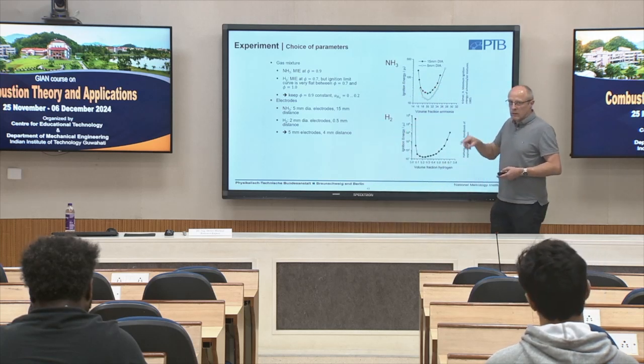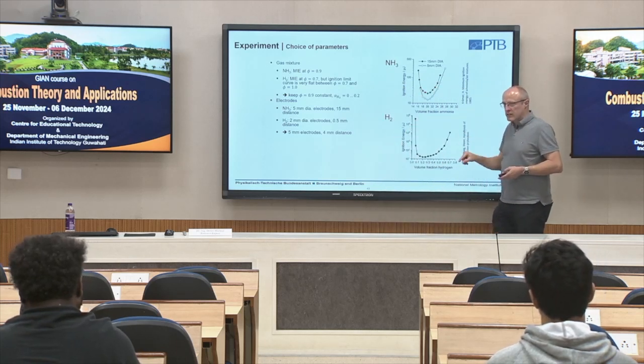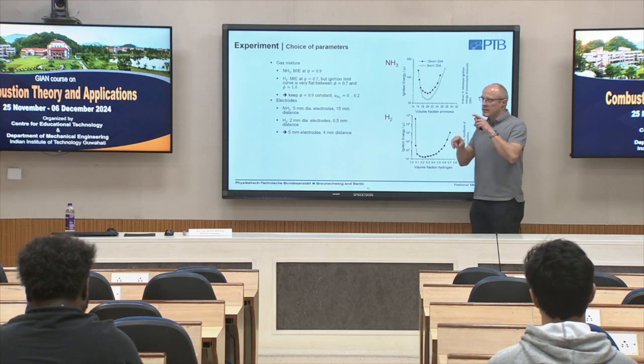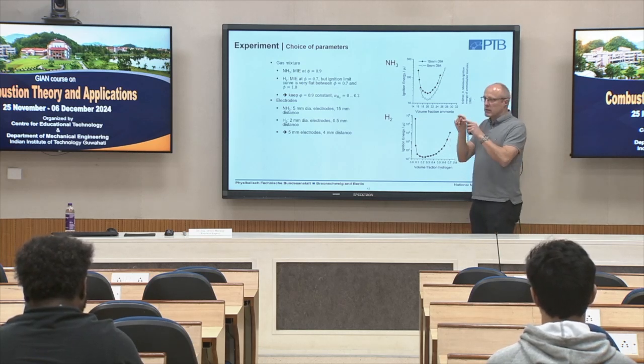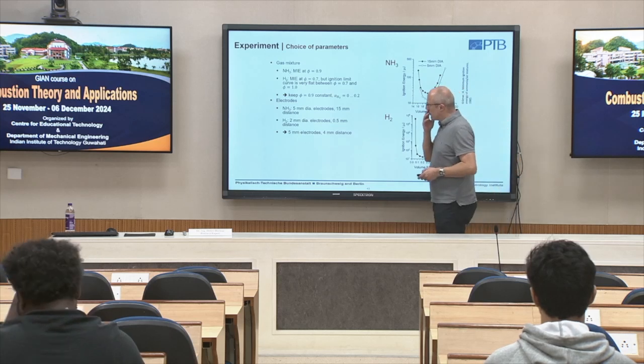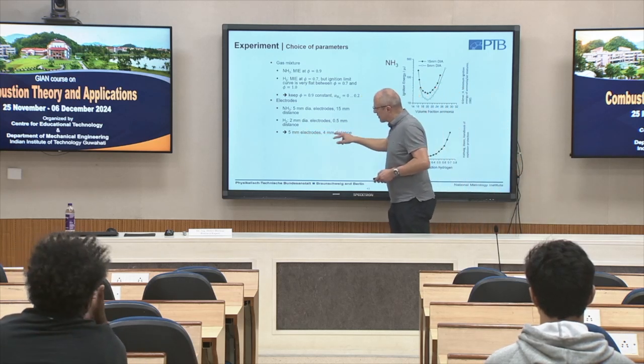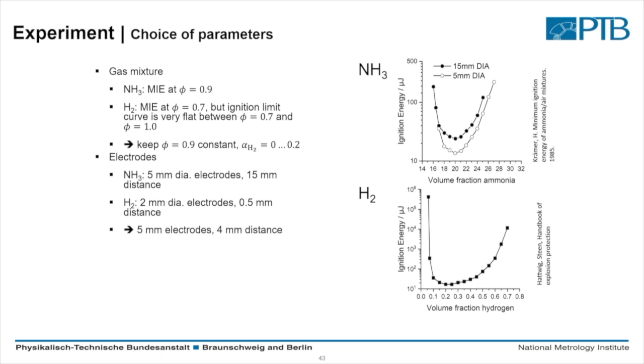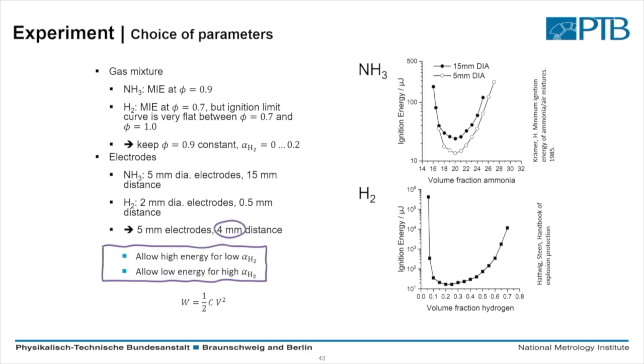This will give us not the minimum ignition energy for each mixture. Mixture means a specific amount of hydrogen and ammonia, but we want to keep this constant to finally compare also our experimental and numerical results based on one constant factor. So again, this is not the distance leading to the final minimum ignition energy for each combustible mixture here.